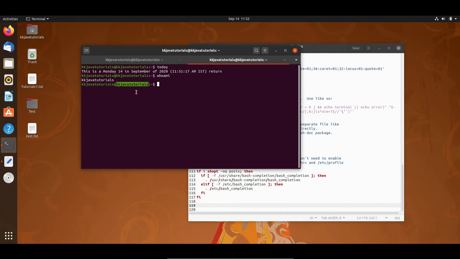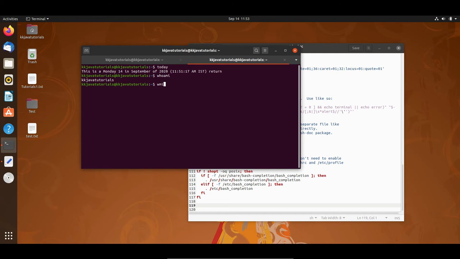If you log in remotely, then this will be the remote host name, right? So when I say whoami, then this is printing the username, right? So this whoami command, let's say I would like to give an alias name, something like, let's say I'm giving the shortcut name as WMI, right?